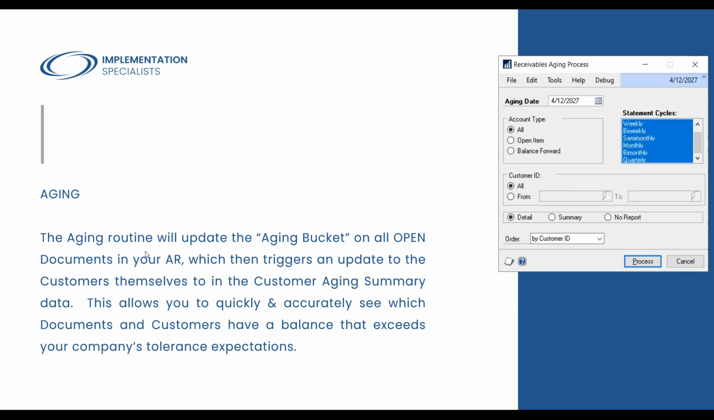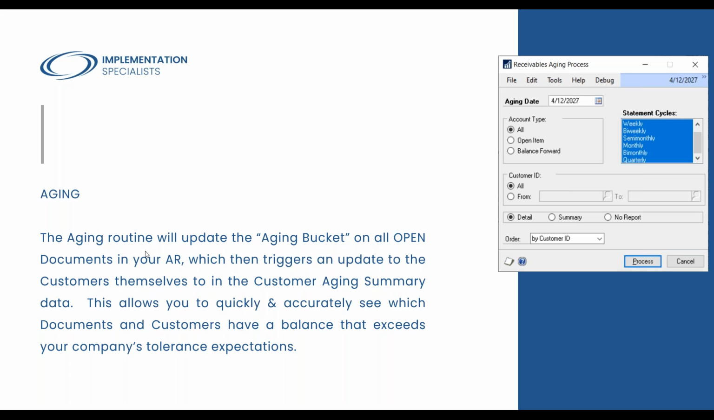It was in aging bucket 1, which meant 0 to 30 days, or 0 to 15 days, whatever your business has set up. But we're going to move it into aging bucket 2, the 31 to 60. When it does that, it takes the sum of all of those documents and pushes that back upstream to your customers, so that when you go to the customer aging summary data window in GP, you get an accurate reflection of the total dollar amount that each of those customers has in aging buckets 1, 2, 3, 4,